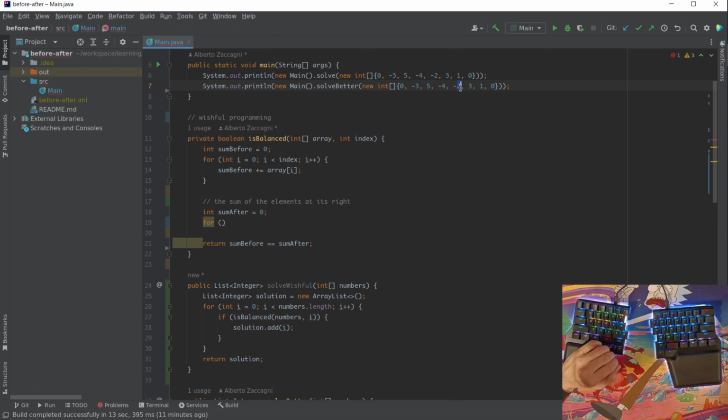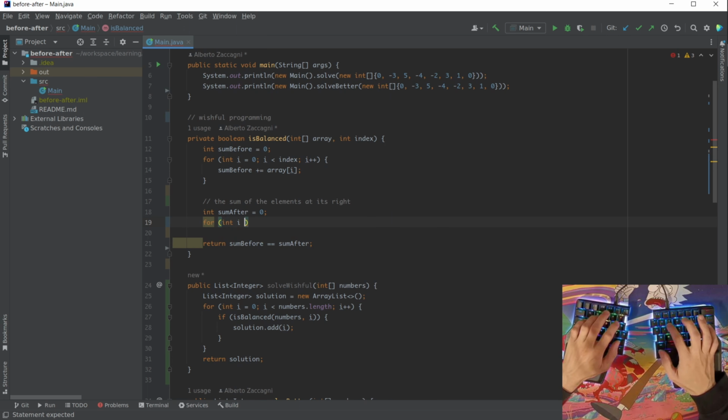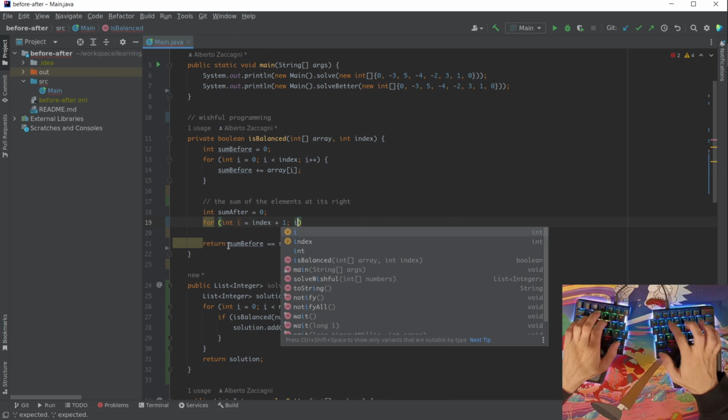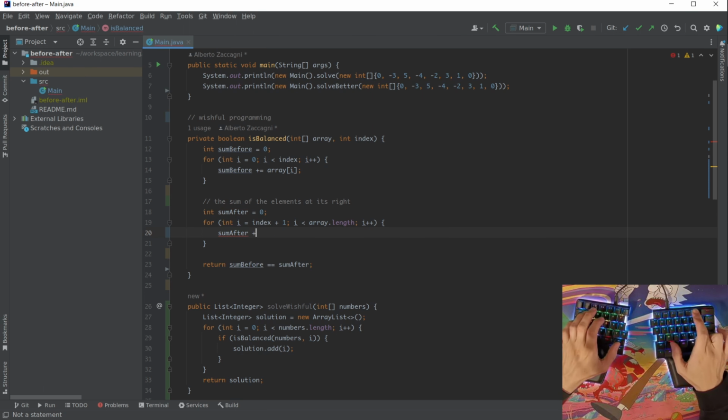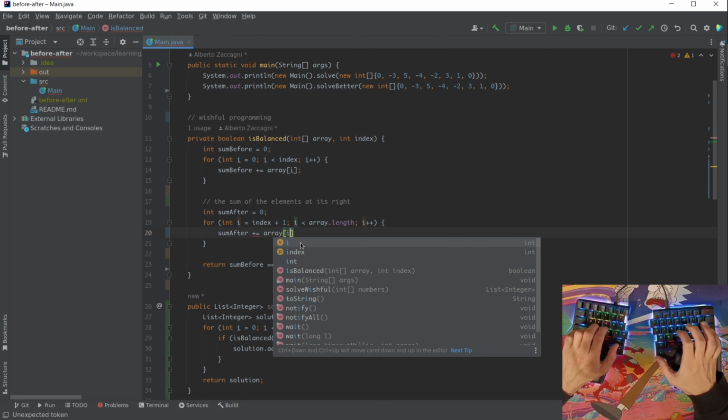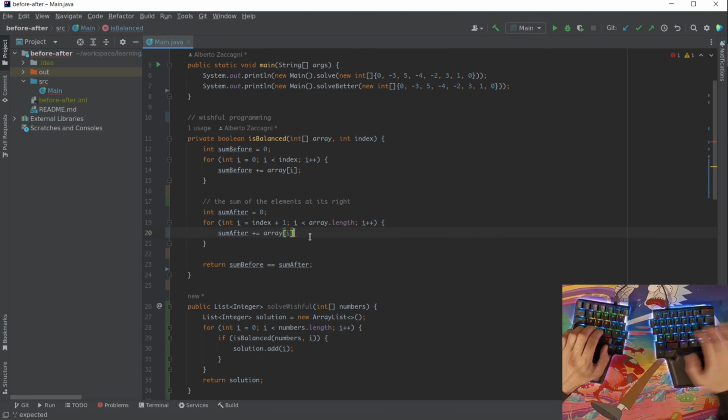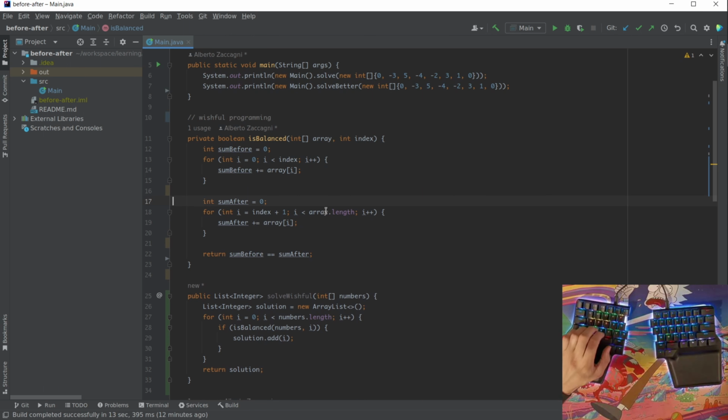The index after that is index plus 1. I also want to stop when the array is finished, and I want to go one element at a time. And at this point, I'm going to add to sumAfter the current position of the array. Okay, and that's it basically.